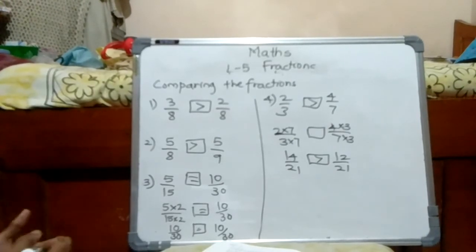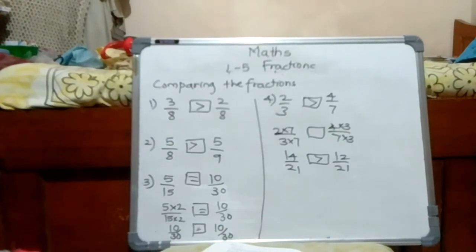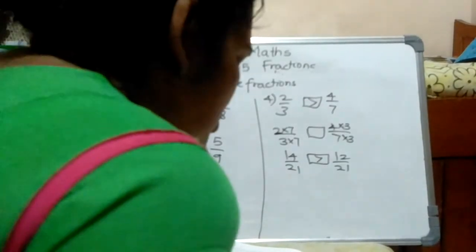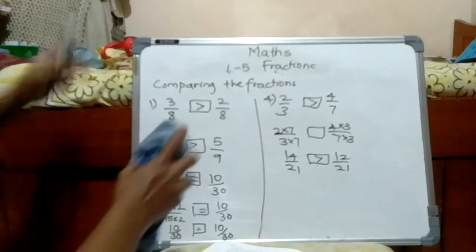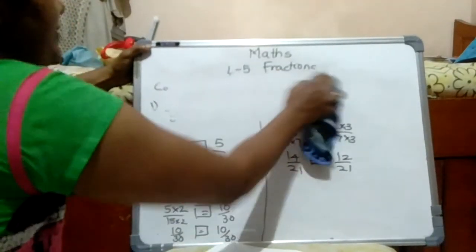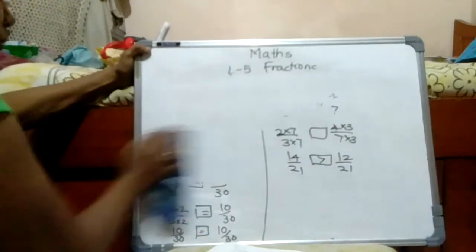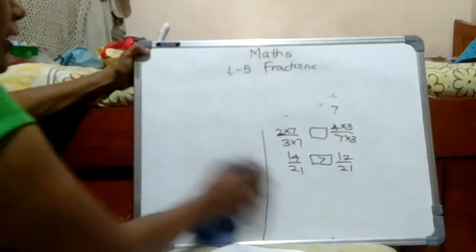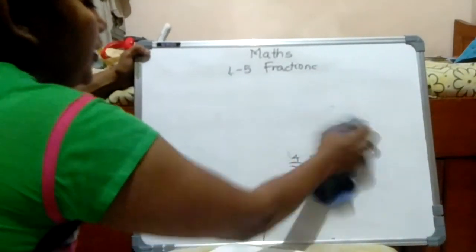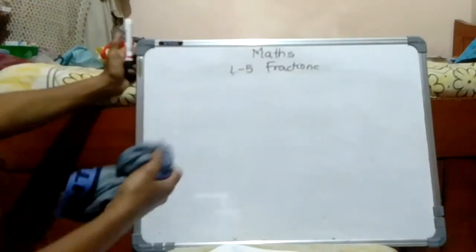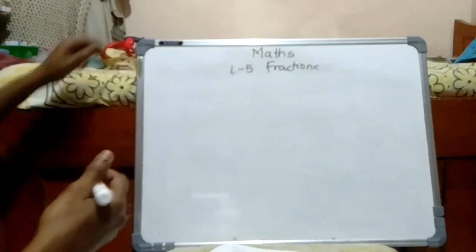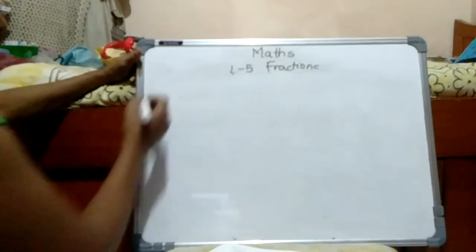This is very easy to compare the fractions. Next is addition of like fractions. Like fractions you know, the same denominator. It is very easy. How to add? This is a very lengthy lesson. I am just taking 1 or 2 examples. You can try from your textbook, textual exercise, the problem set. If you have any problem, just let me know. I will make a video upon that and send you.